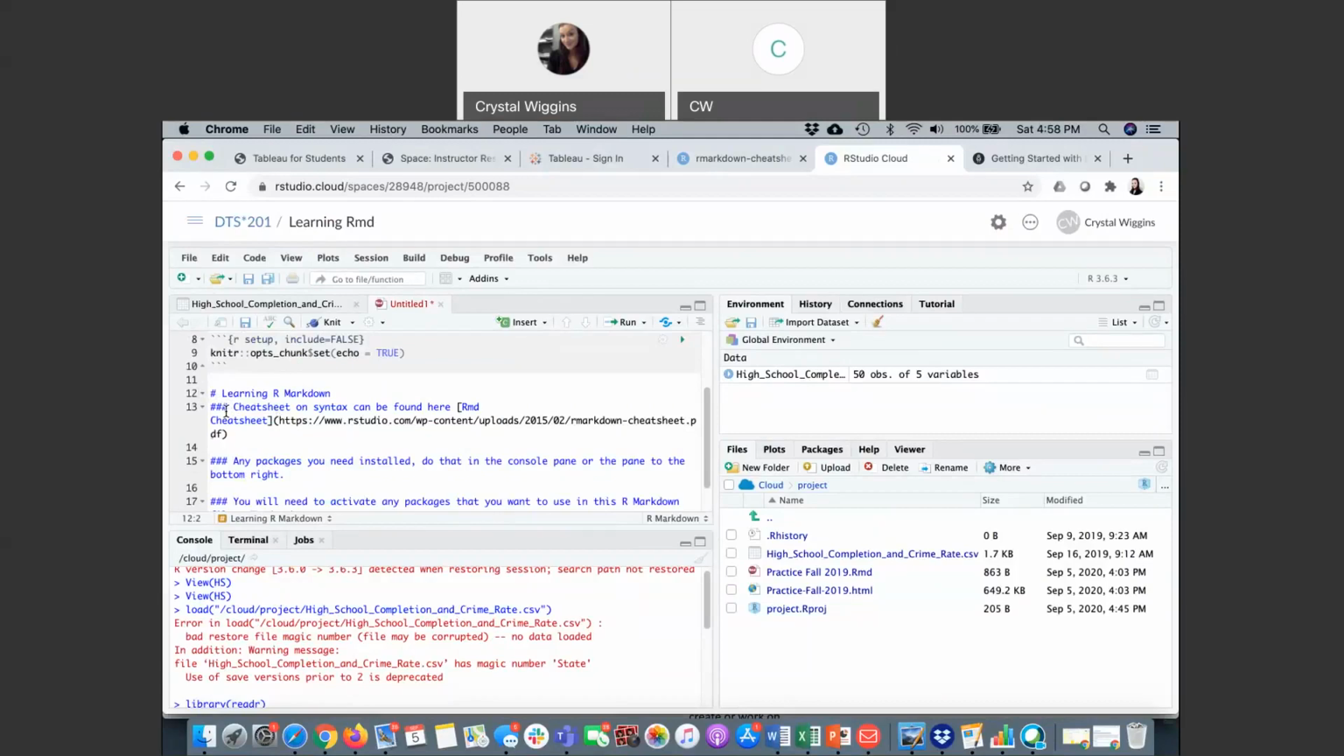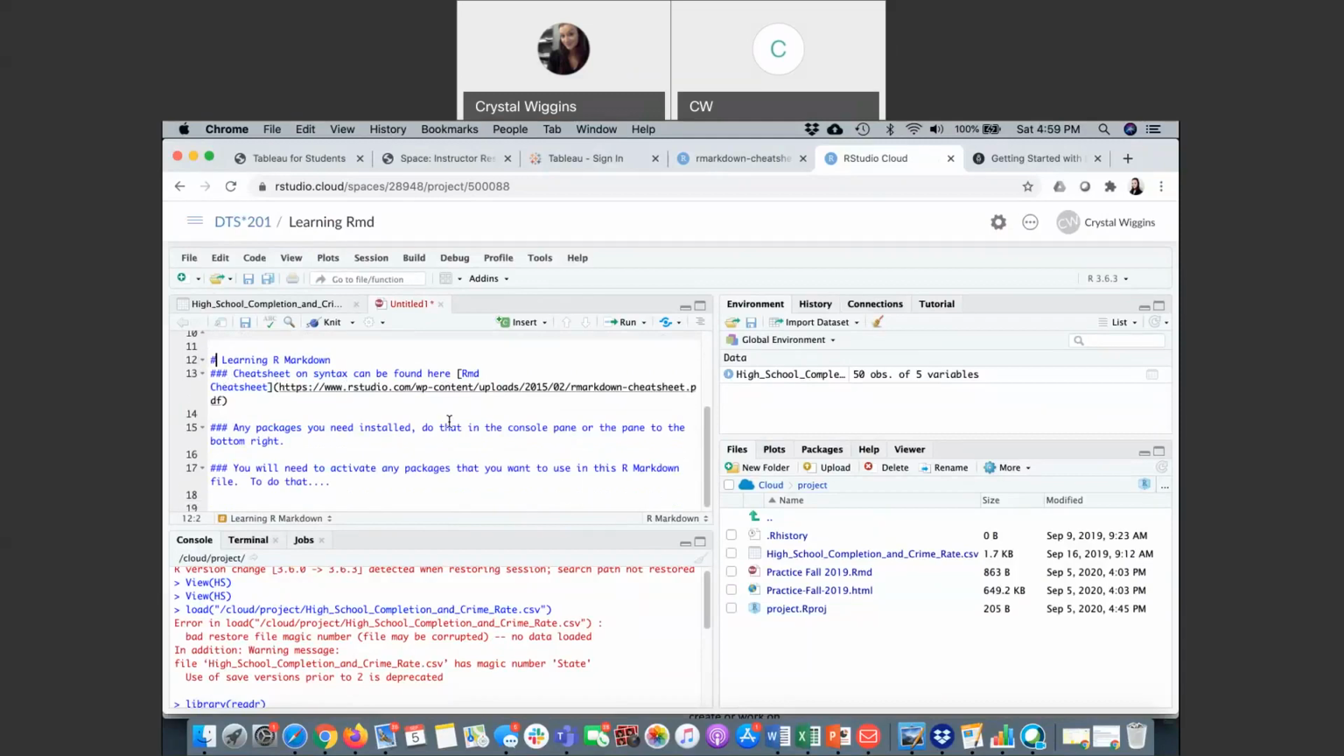So that cheat sheet I just showed you, that was purple. This will be a link when I knit this, and you'll be able to click on it and access that cheat sheet very easily. Literally all I did was Google R Markdown cheat sheet, and it's the first thing that comes up